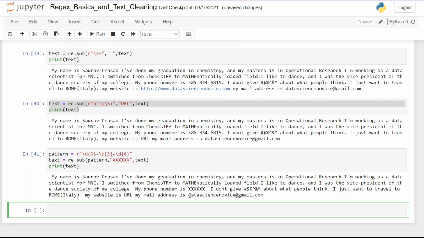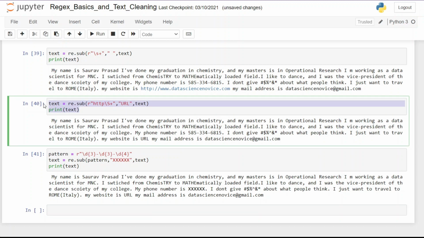And in upcoming tutorial, I will talk about how they can be useful sometime, because at the end of the day, they are going to convert it into the features. So it's good practice to retain them. Because this way we are able to retain the information that there is a phone number, but we have not exposed it.